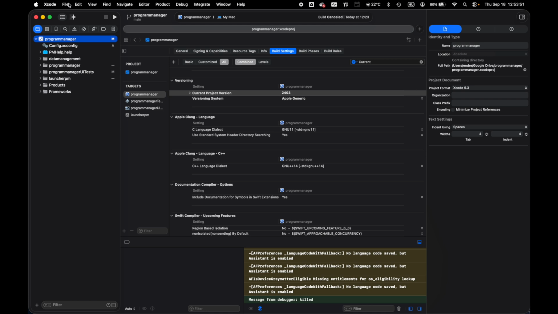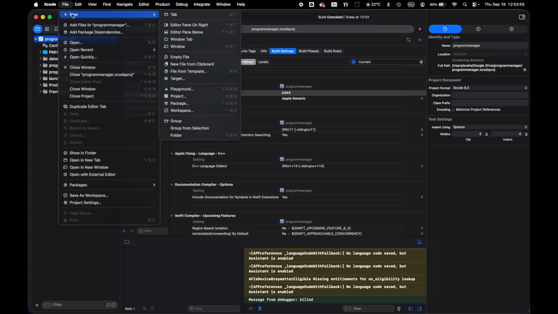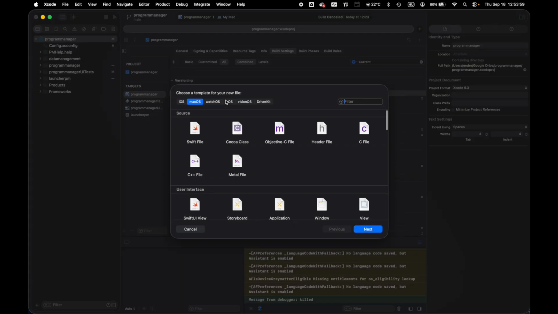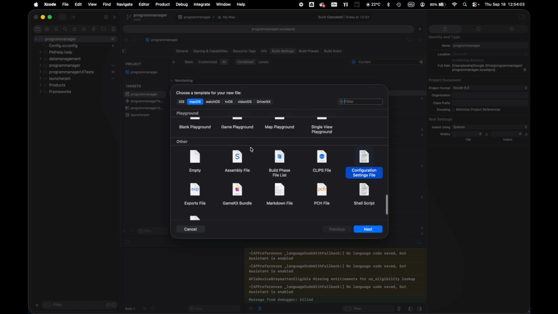So how can you do this? You go to the File menu, New, File from Template, and here you need to go down to the Other section, and inside the Other section you have this Configuration Settings File, and once you click Next,